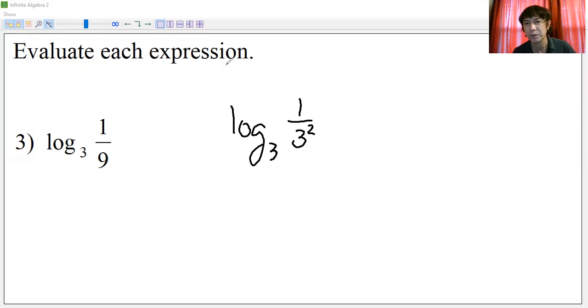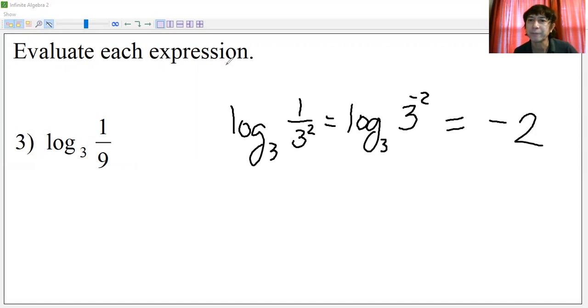Now, in algebra, you can put this 3 squared on top, but then you will have to change the sign of the 2. So you may write this as logarithm base 3 of 3 to the negative 2 there. And so you can clearly see the answer. It's negative 2. The answer is negative 2. And that is by the same property that we had a while ago. Looking at that particular property, that's equal to x there.